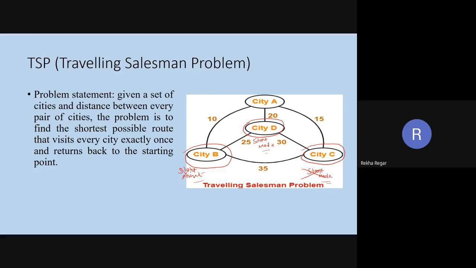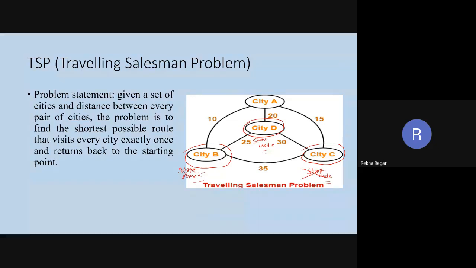D, A, B, then C. What is the total this time? So this time the total is 90.